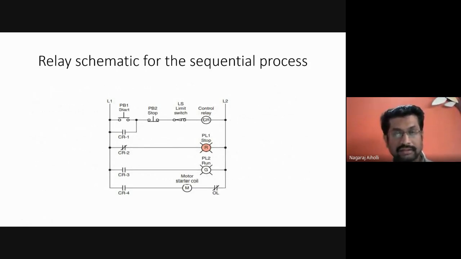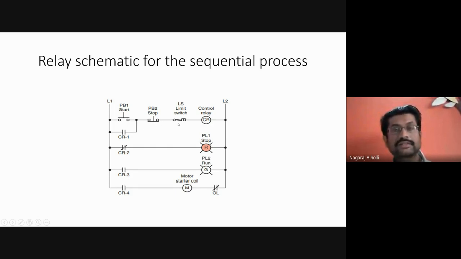Now, this is the relay schematic for the sequential process that we analyze. Here, if push button 1, PB1, is pressed, it is normally open, so it will become closed. These are normally closed, so they will remain in a closed position unless they are actuated. Unless the PB2 stop button and LS limit switch are activated or energized, they will remain in their original position.